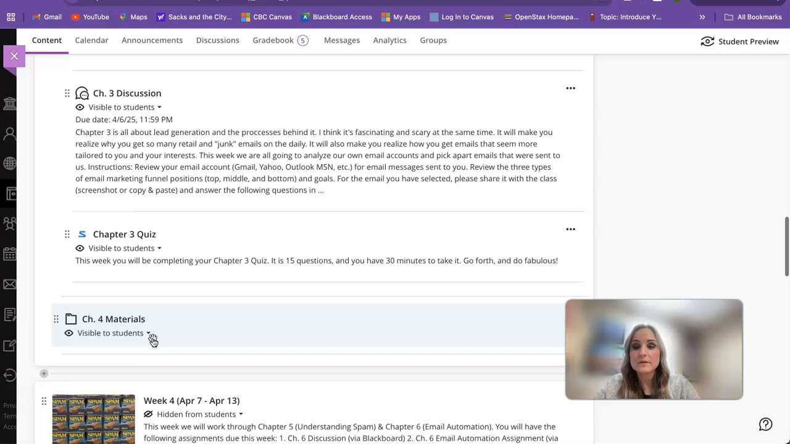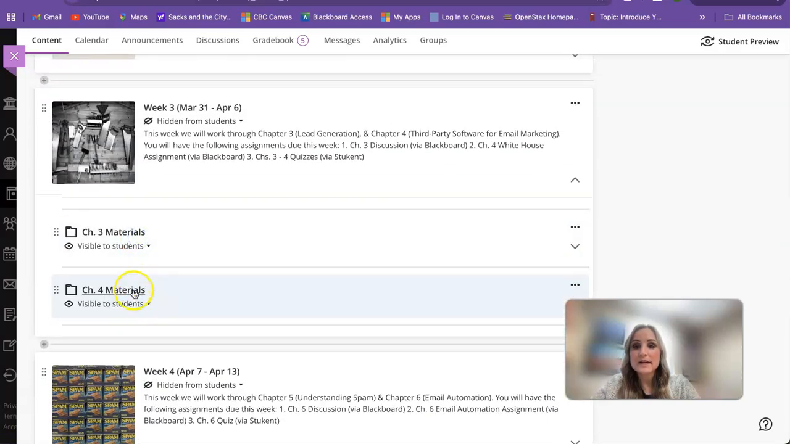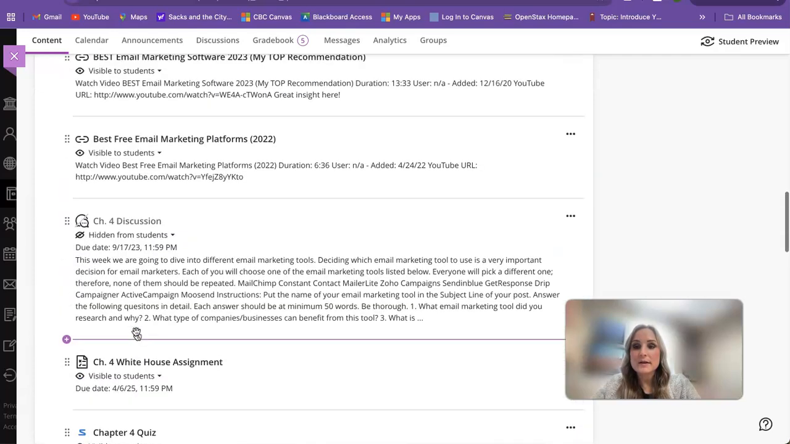So just kind of give you a quick view of what that looks like, and I try to just keep it as organized as possible, so that it makes it easy for you to be able to find things, okay? And so